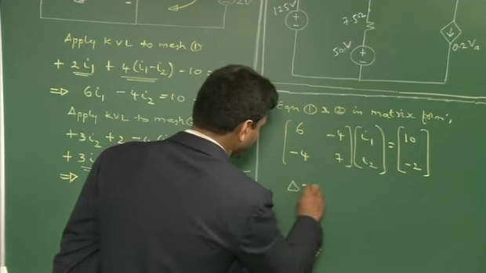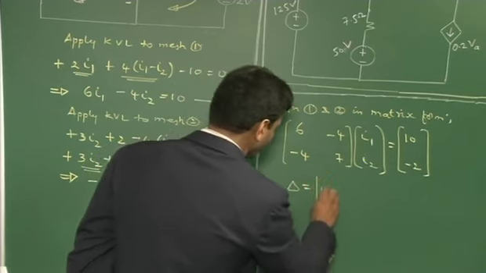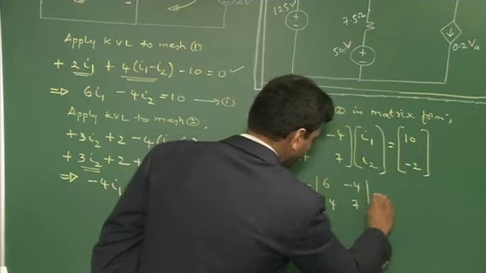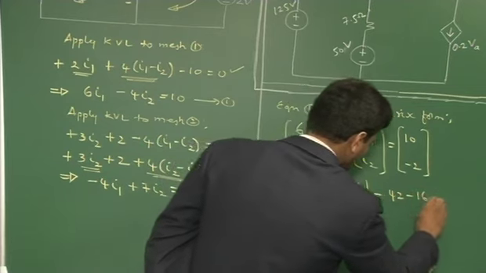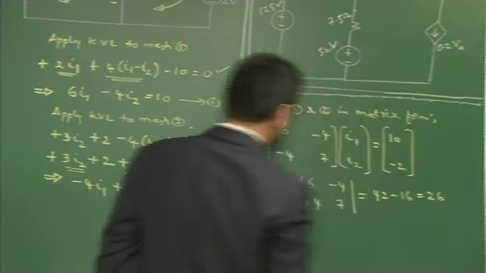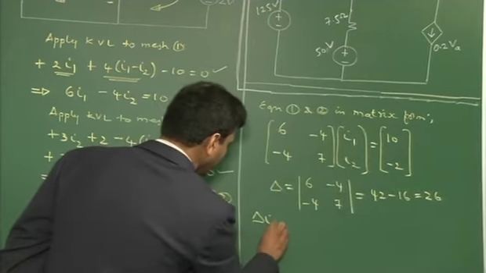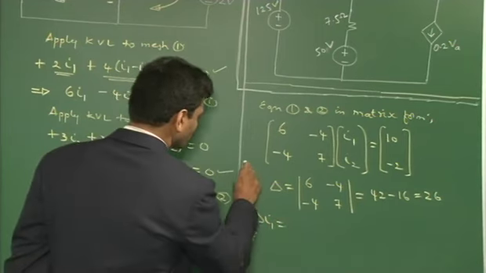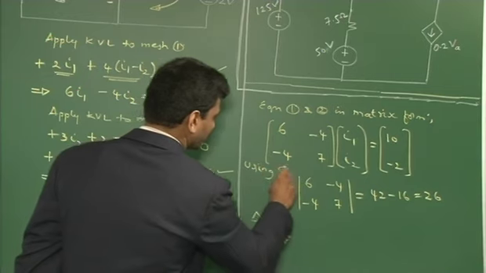First we will calculate the determinant, which is now equal to |6, -4; -4, 7|. So, which is 42 minus 16, which is 26. Next we will calculate delta I1. You know the Cramer's rule, we are basically applying the Cramer's rule. So, using Cramer's rule,